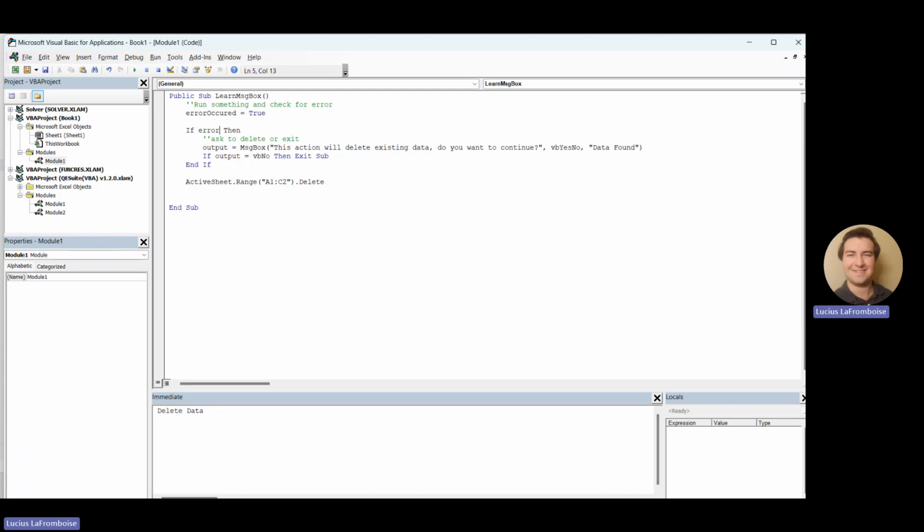If error occurred, then here's what we're going to do. Instead, we're going to do a message box, and we're going to say an error occurred. What would you like to do? And this time, we are going to do VB abort, retry, or ignore. Okay? In here, we are going to set the title as error